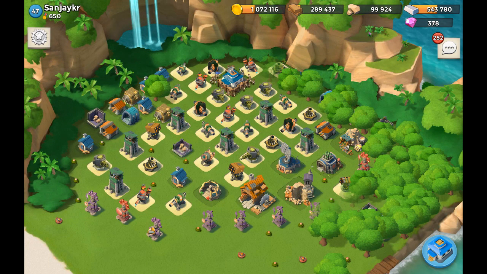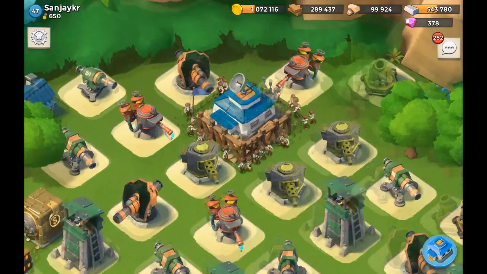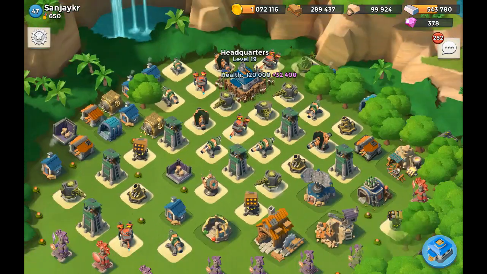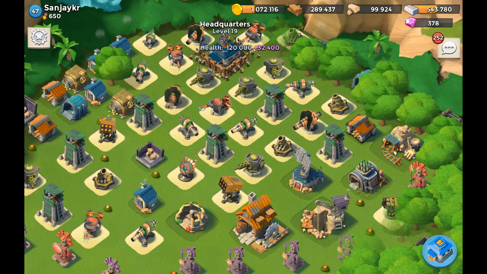The next base we're going to be reviewing is from SunJKR, and SunJKR is higher level than I am, way higher level. As a matter of fact, his headquarters is going to level 20 now, which by the way, congratulations, is a great thing. Now, there are several weak spots here and there on this base, because first of all,